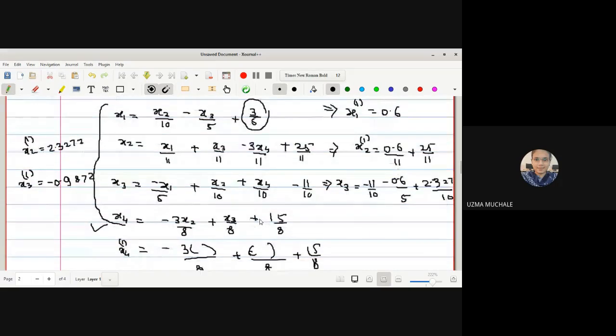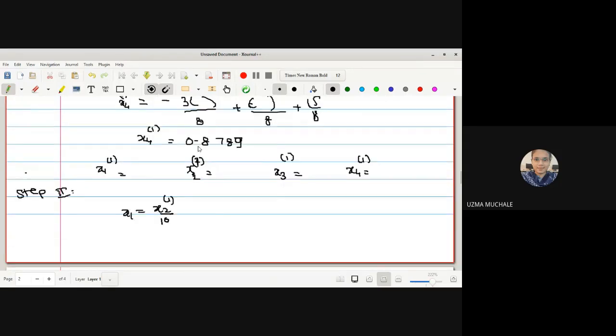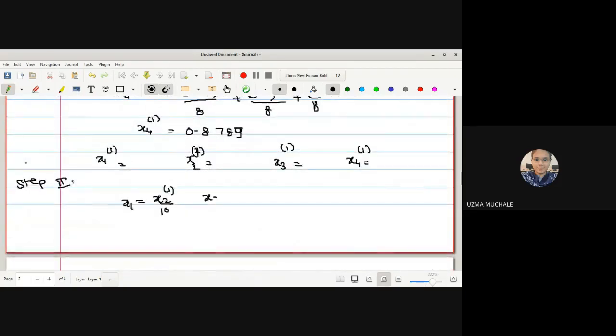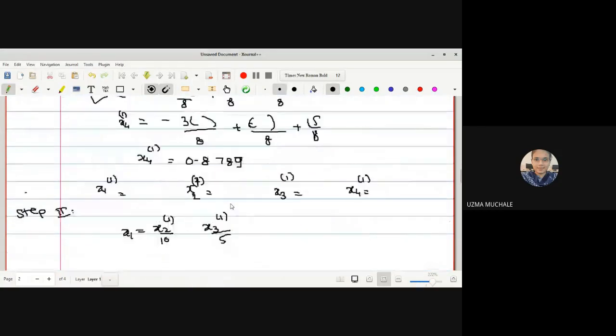x1 equal to x21 divided by 10. Next is x31 divided by 5, 3 by 5. Okay, now here you can use whatever the values of x21, x31 we got. Okay. You have to use these values, whatever the values of your x21 and x31. Let me write down here the values of x11 as